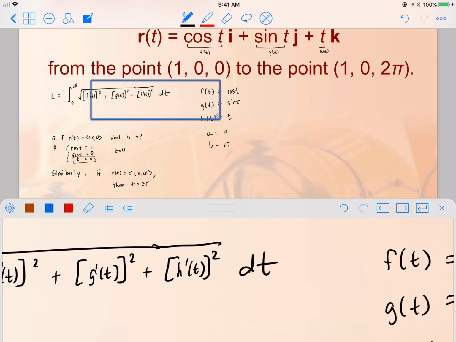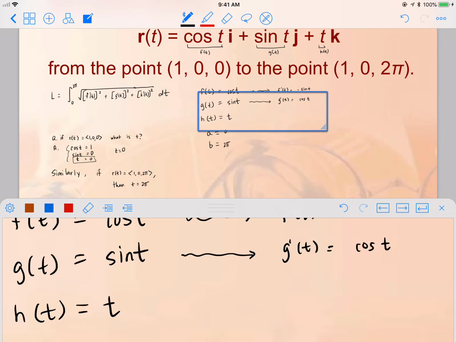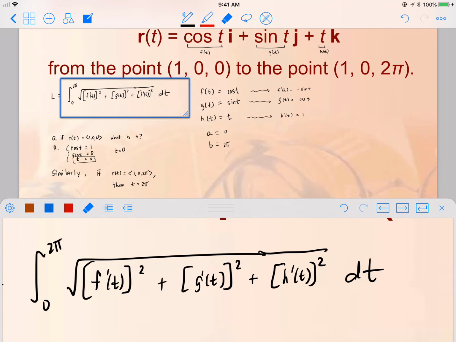Now we need f prime of t, g prime of t, and h prime of t. So now if f of t is equal to cosine of t, that means f prime of t is equal to negative sine t. G of t is sine of t, so g prime of t is going to be cosine of t. And h of t is equal to t, so h prime of t is equal to 1. All right, so we're going to just replace the functions here. So we need negative sine of t, cosine of t,